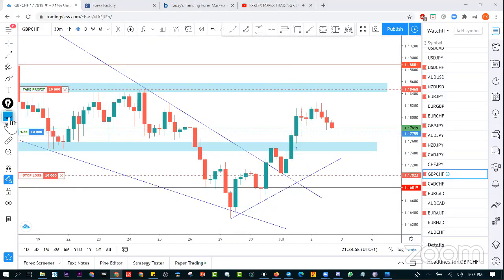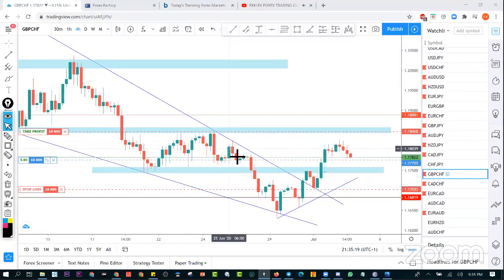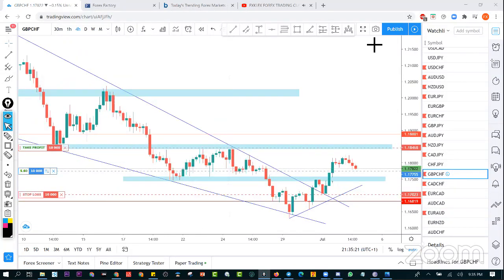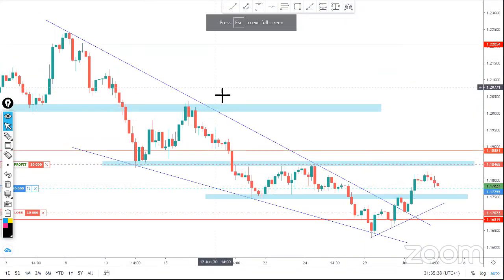So let's analyze this. I'm going to wipe this out right here. So let's say, for example, we have our stop loss going right here. We have the breakout of price right here. We have the rejection of price to this. I'm going to zoom in right here so you guys can figure out the whole picture properly. Okay, I think this is good. Okay, I'm going to put this on the wide screen, so you guys can figure that out properly.